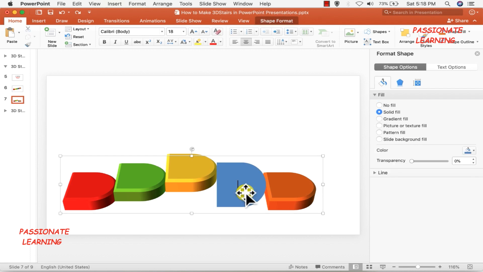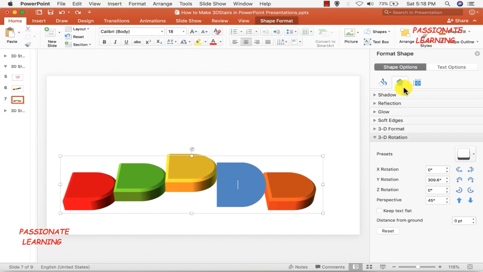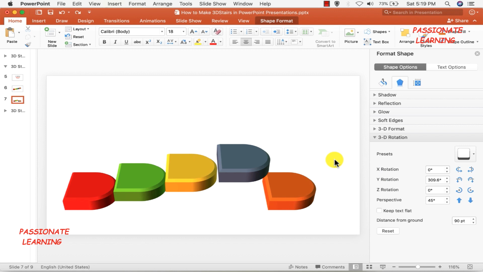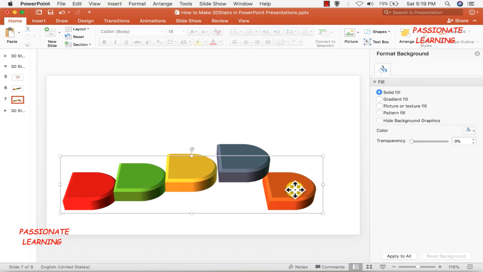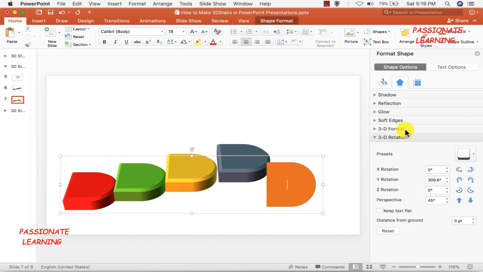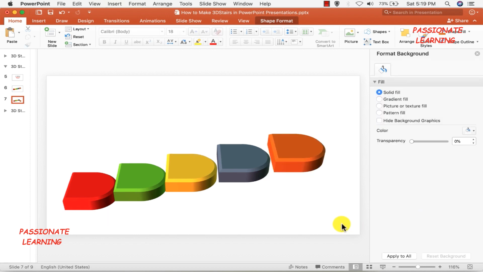Then let me select this fourth element, again come to the 3D rotation option, and for this the distance from the ground should be 3 into 30, that is 90 points. And similarly for the fifth element, let me select this, and for this the distance from the ground should be 120 points, like this.